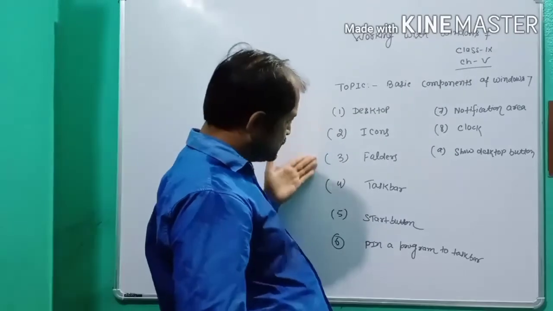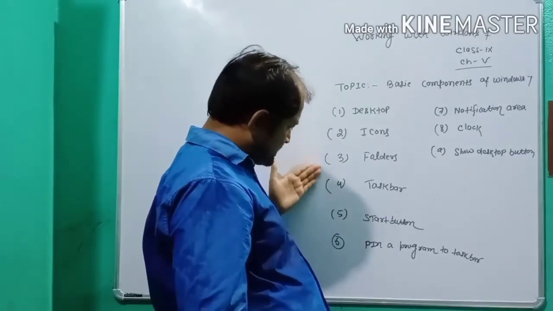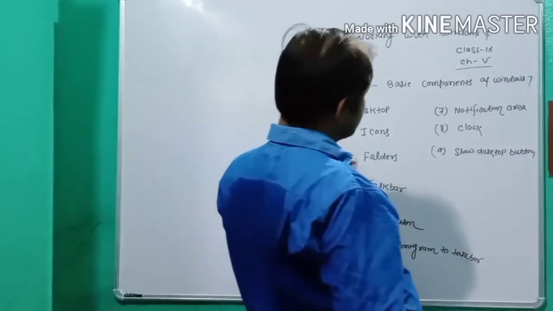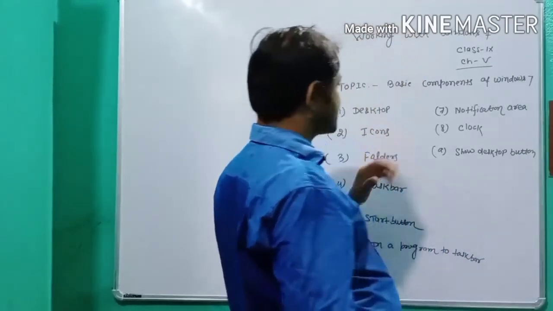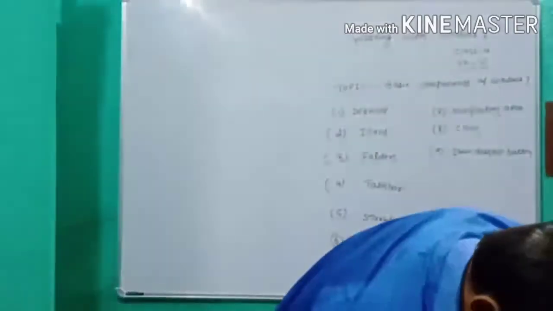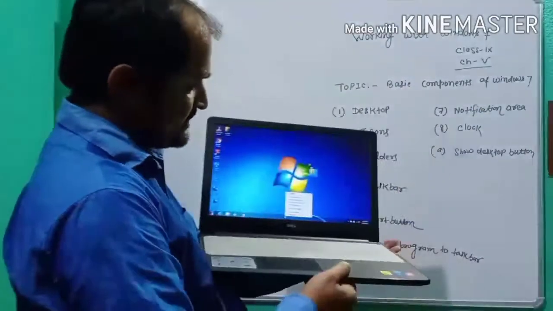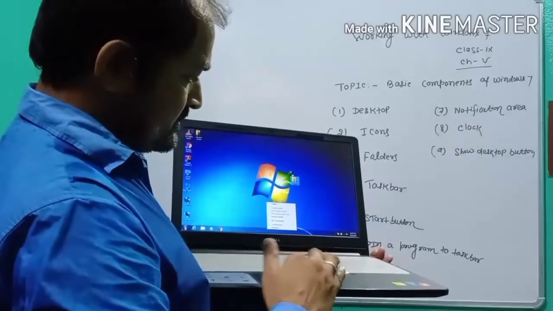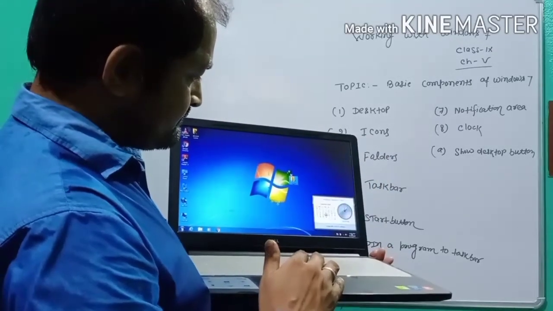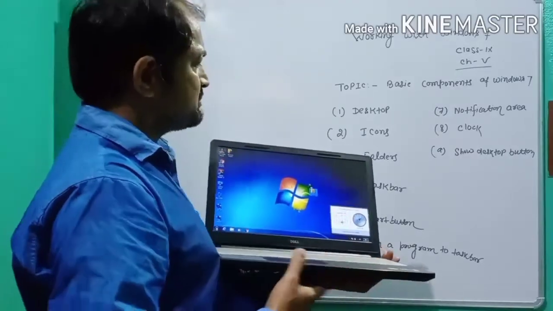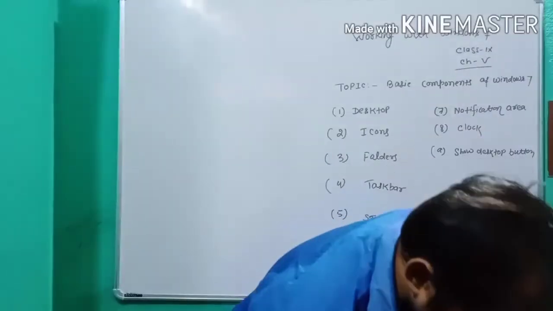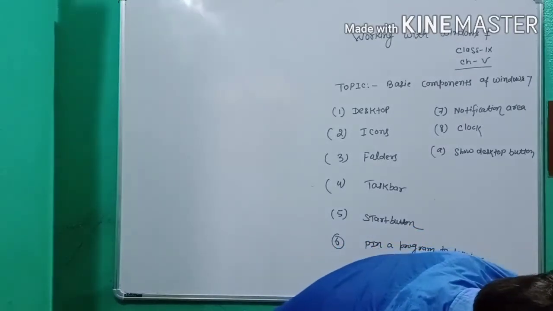You just look at the desktop on the laptop, and you can easily understand each situation. Clock. This is the clock area. This is the clock. You just click in this area. There is nothing more important to discuss about this component.